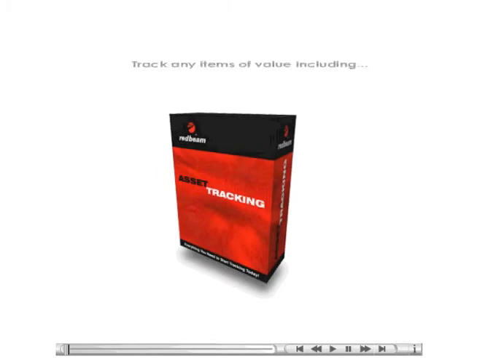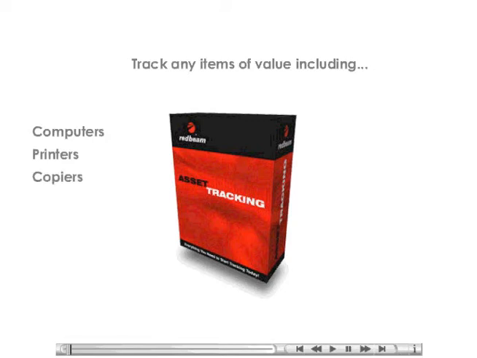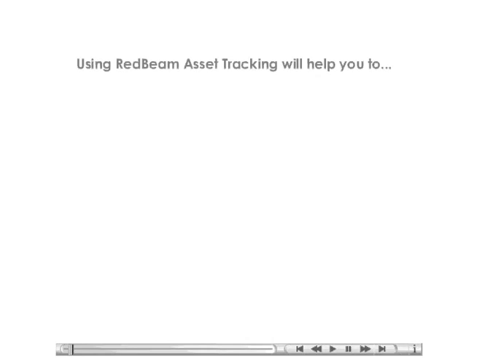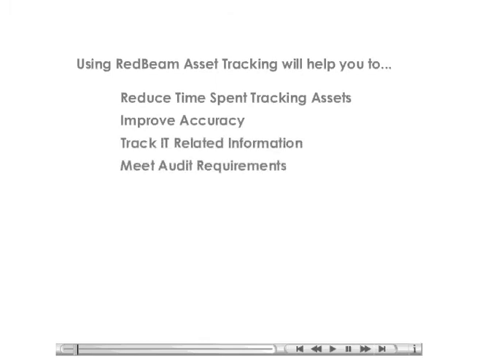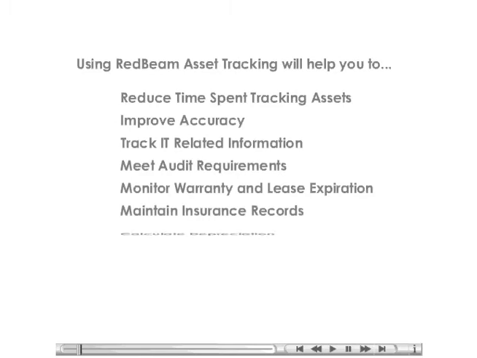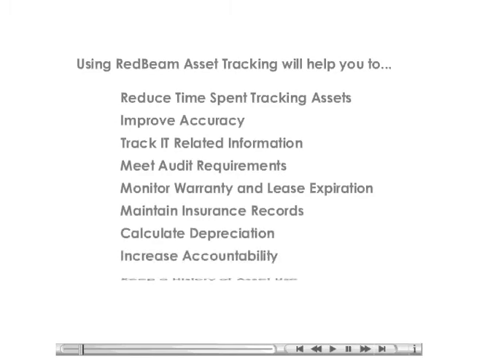With RedBeam Asset Tracking, you can track any items of value, including computers, printers, copiers, equipment, furniture, and vehicles. Using RedBeam Asset Tracking will help you to reduce time spent tracking assets, improve accuracy, track IT-related information, meet audit requirements, monitor warranty and lease expiration, maintain insurance records, calculate depreciation, increase accountability, keep a history of asset use, and